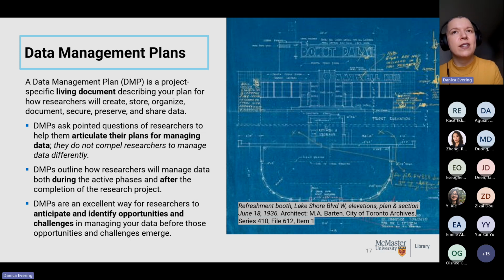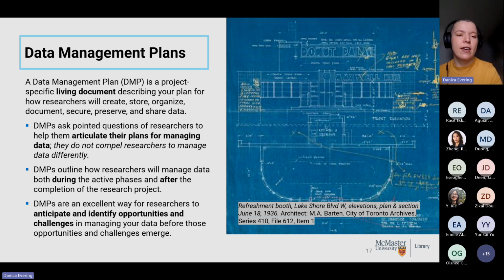So sometimes we'll see things in ethics applications like the data will be stored for 5 years. And so a data management plan will ask you, where will that be stored? Who will be responsible in the course of those 5 years and things like that. And they're also a great way to anticipate and identify challenges. When you can see it all spelled out, even just in the act of writing it, it can help you find areas that you might need to work out. I recently did one for a survey in Qualtrics, and it let me see that Qualtrics backups are not robust enough for preserving the data. So we had to incorporate some kind of manual backup for the Qualtrics data while it was in there.